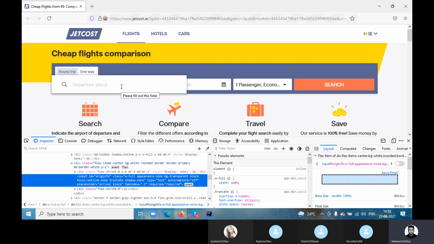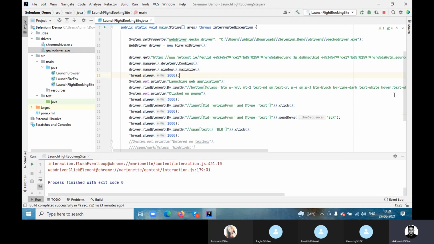For example, if I want to type Mumbai, once you type Mumbai, you have to wait, and it will show you BOM, right? It's Bombay. So you have to only pass BOM in your script.